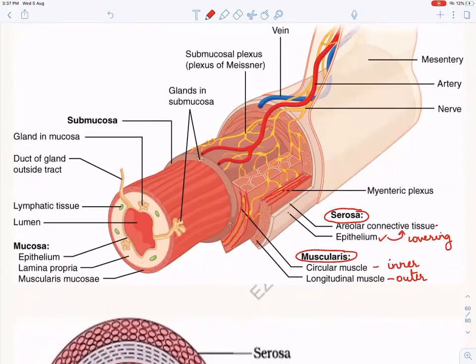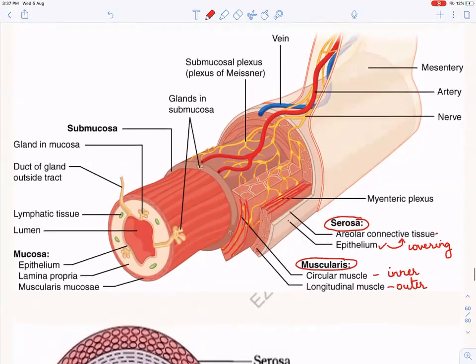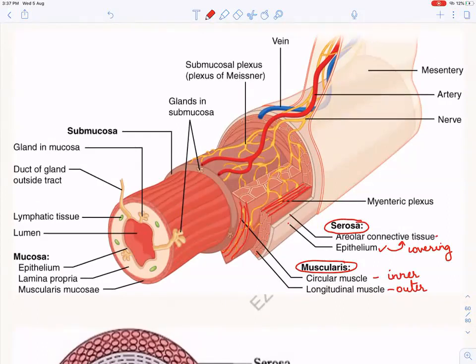So they have shown this Meissner's plexus, but I think they have not shown this myenteric. Okay, leave it. Then we said there is some mucosa, right? Mucosa is an areolar connective tissue, right? Remember? And then what we studied? We studied mucosa, which is composed of 3 layers: epithelium, lamina propria, and muscularis mucosa.